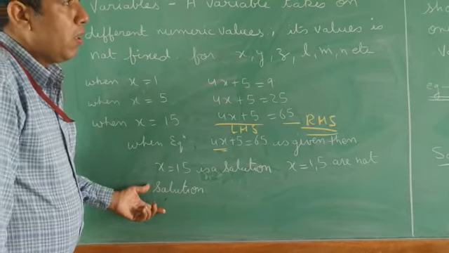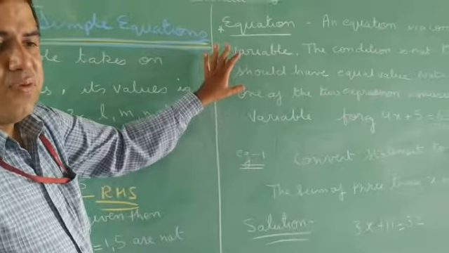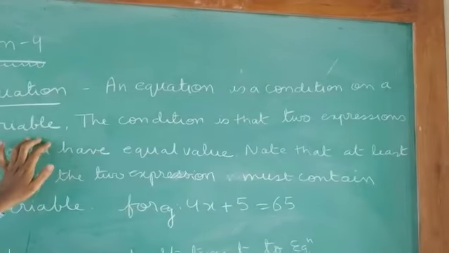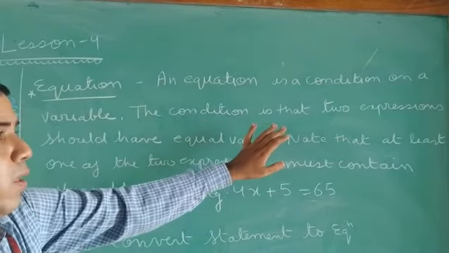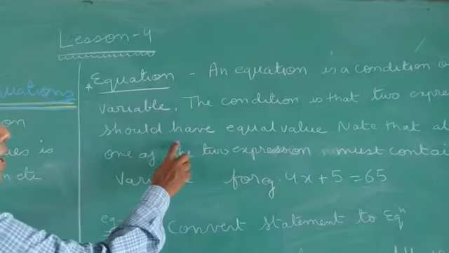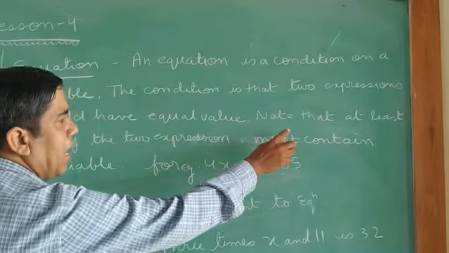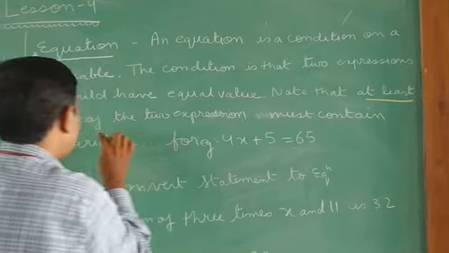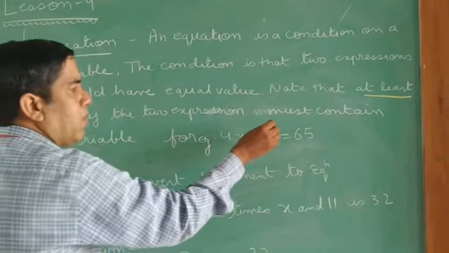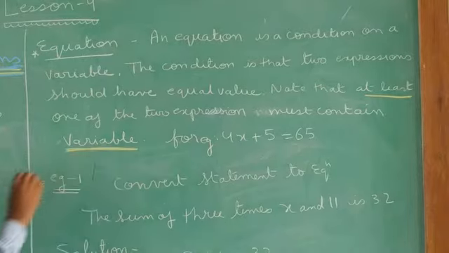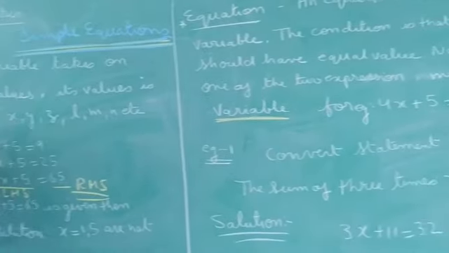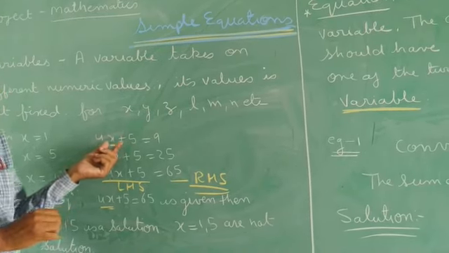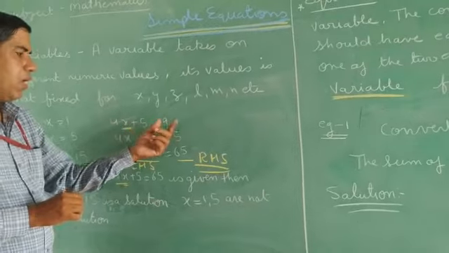So now come to the main point, that is the definition of an equation. What is an equation? An equation is a condition on a variable, and the condition is that two expressions should have an equal value. Note that here be careful, at least one of the two expressions must contain a variable. There should be one variable. I mean to say, this variable should be either on the left hand side or on the RHS